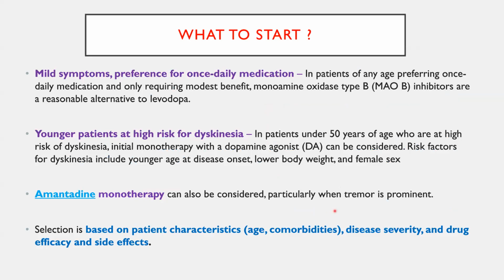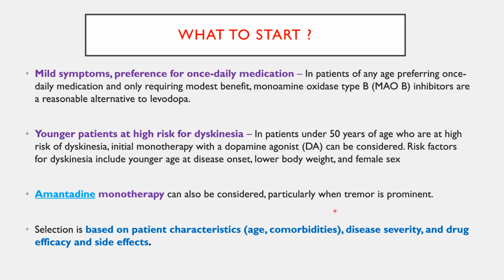So, what are the drugs to be given? Say, for example, if a young patient is having very minimal tremors in one hand, not affecting his routine activities too much, because monoamine oxidase inhibitors have the least side effects and are the least potent drugs. In that setting, you can give only monoamine oxidase inhibitors like rasagiline, selegiline, or safinamide.